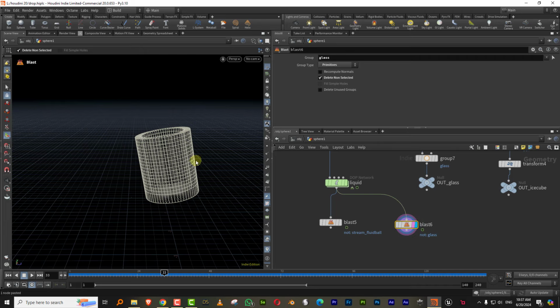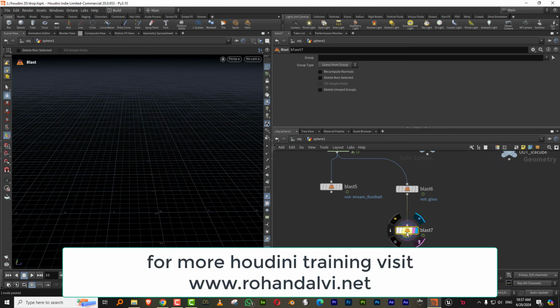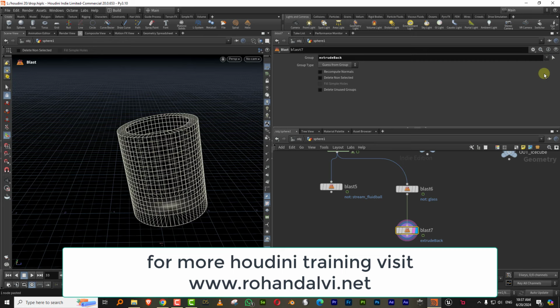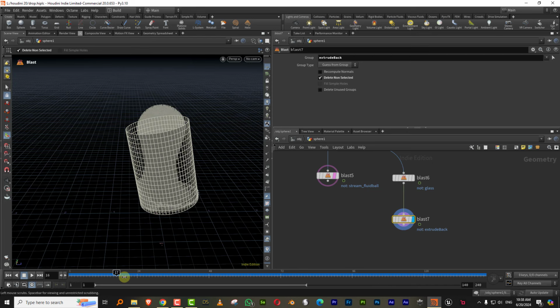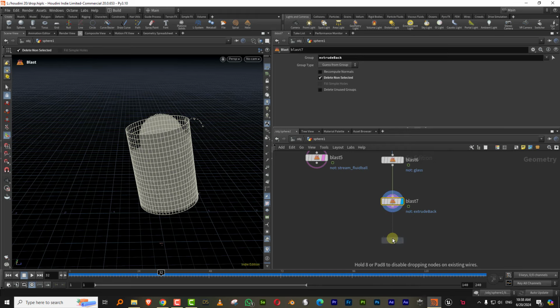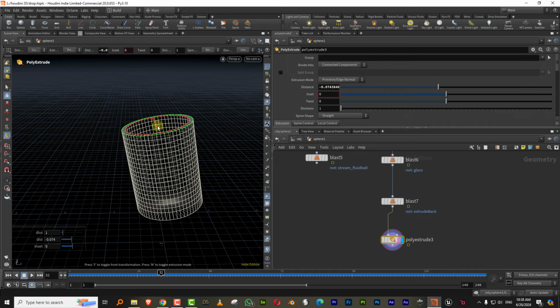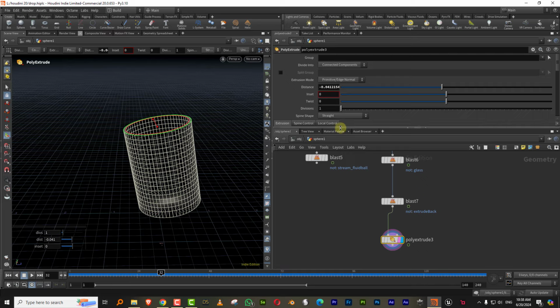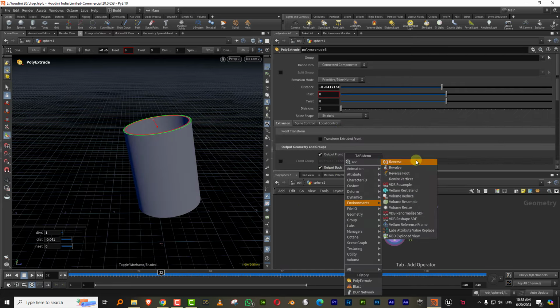And what I can do is I can actually make this thinner now. So I can take a blast here because I'd made groups out of this. So I can just take the extrude back and delete non-selected. So that's the inside part. See, if I check here, we just have the inside stuff filling, and I can give this another poly extrude and just make it the size that I want. So I can just take this and make it about that much. Yeah, just reverse it because,